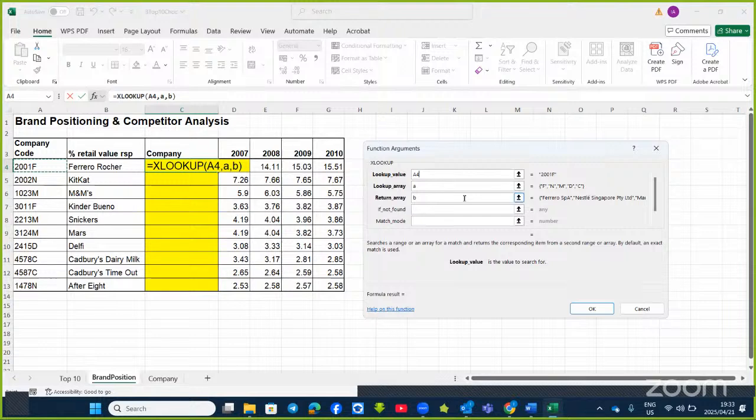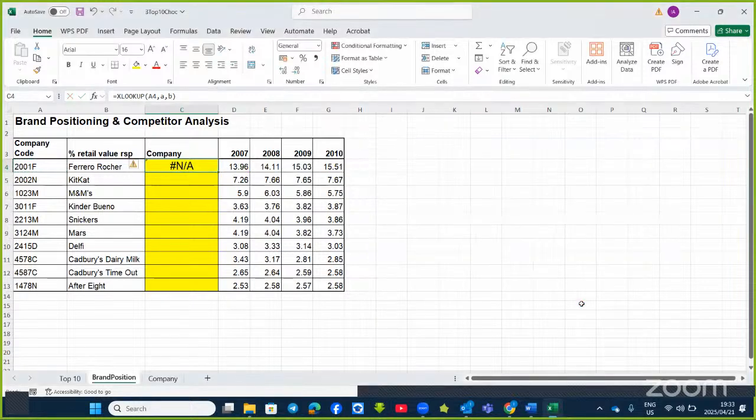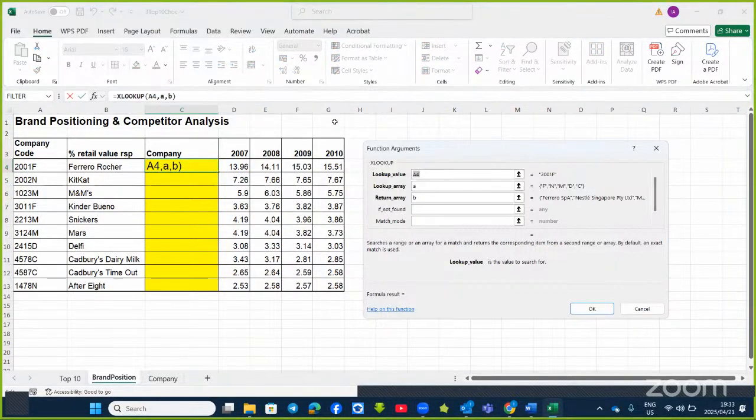Now, in most of the questions, you just click OK, and then you get your answer. But when you are getting NA with the XLOOKUP, do this. Where it says the match mode, which is approximate, because here, when you go to the lookup values,